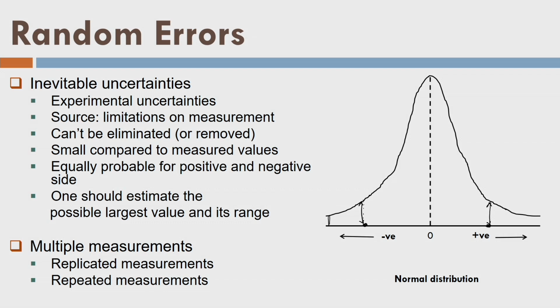So when I take replicated measurements, it means the ambient conditions, let us say temperature or humidity, pressure or whatever, are not changing over time. So then I say I am taking replicated measurements. That means I am taking multiple measurements, but the ambient conditions are not changing. And because of that, I have certain advantages. I know that the random errors are there, but whatever situations are there, they are similar, they are the same.